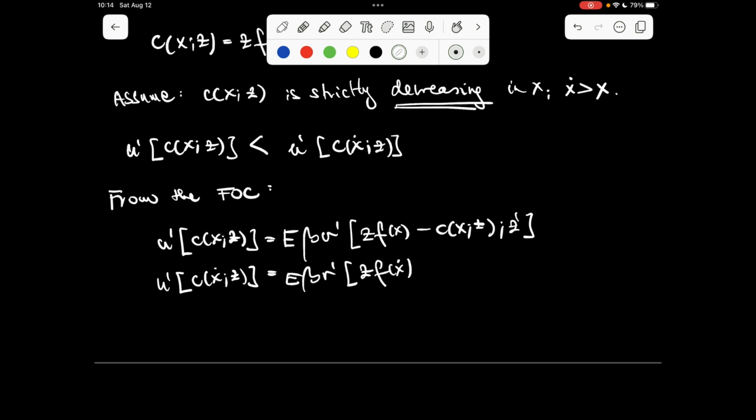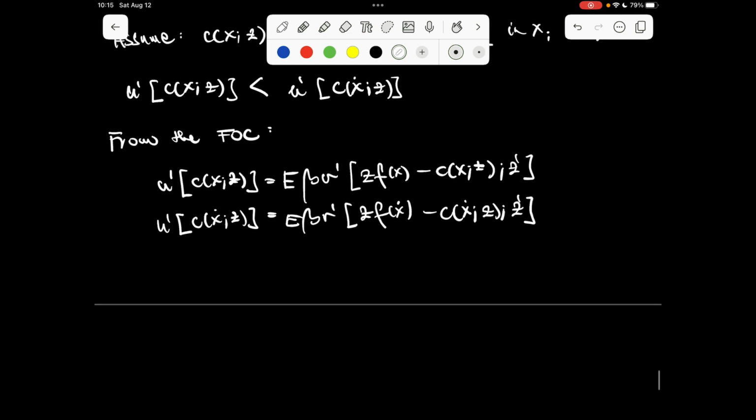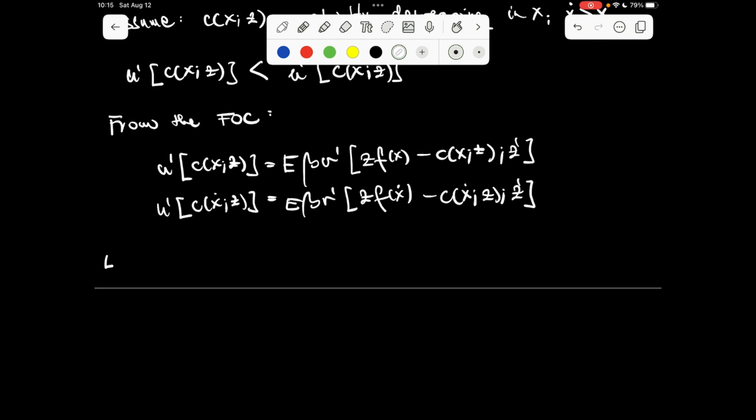Please don't forget the fact that the value function has two variables, and from this fact it follows